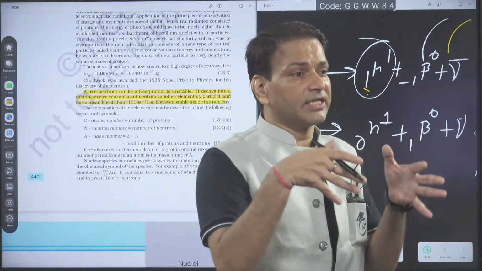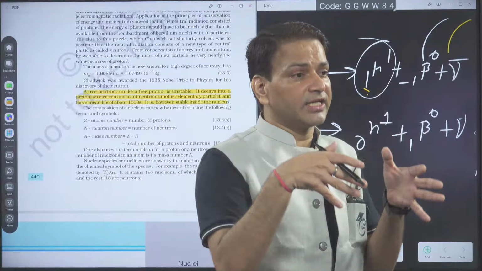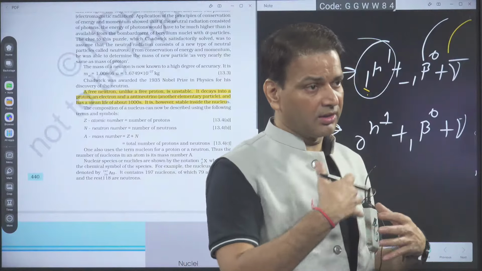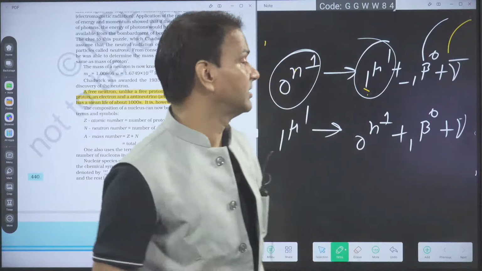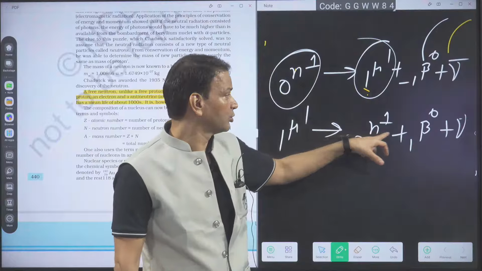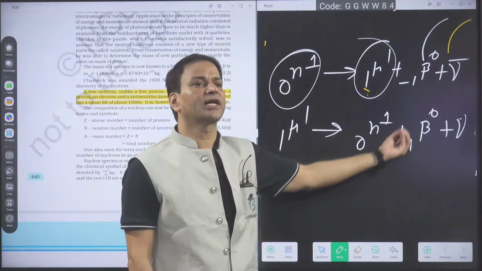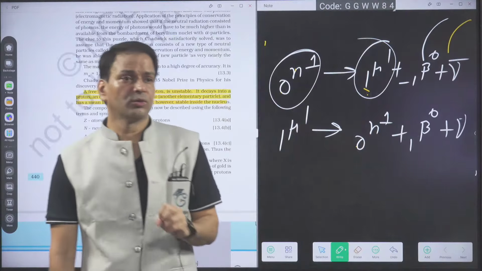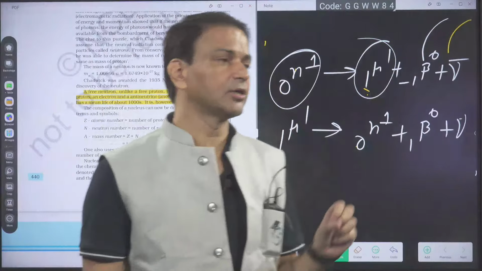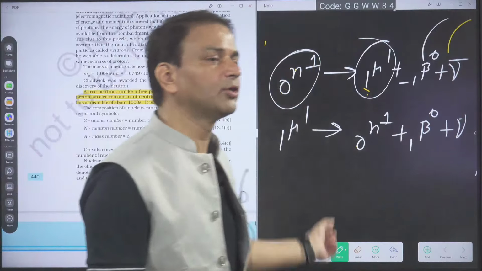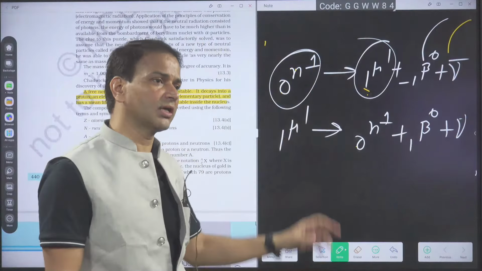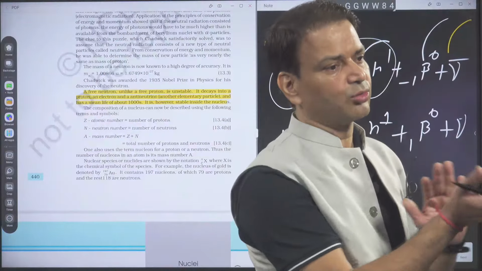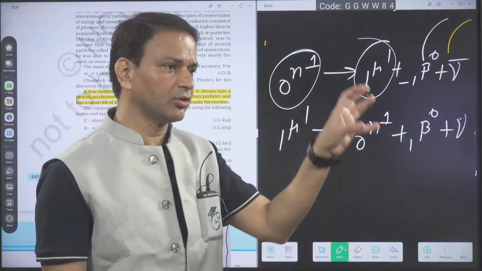Now the nucleus is unstable, so to get stability, a proton will disintegrate into a neutron. By this relation, the proton converts into a neutron and a positron forms. The positron gets ejected. Now in the place of proton, what do we have? Neutron. Everybody got? So positron is emitted due to the disintegration of a proton, and beta is ejected due to the disintegration of a neutron, where the neutron converts into a proton. This relation you have to remember.